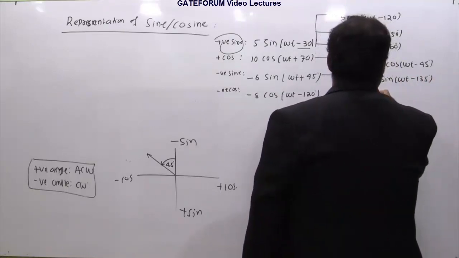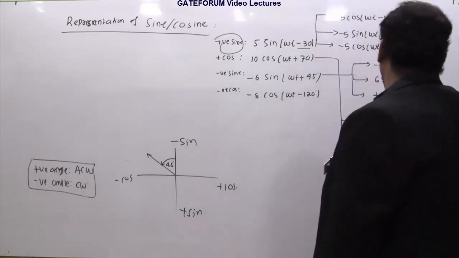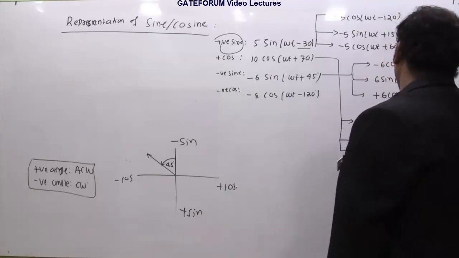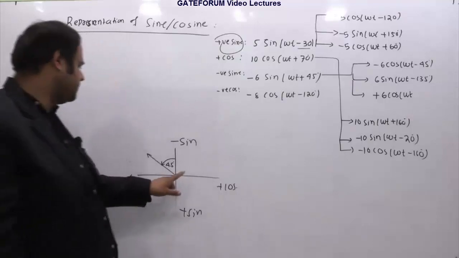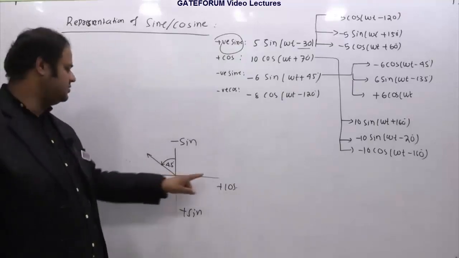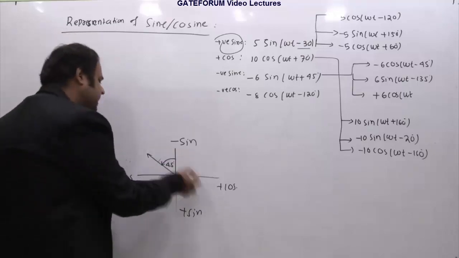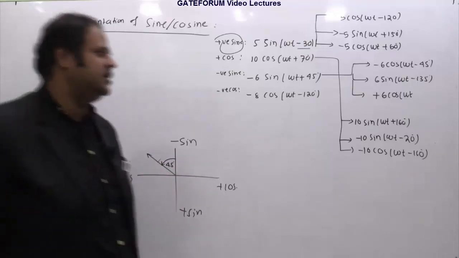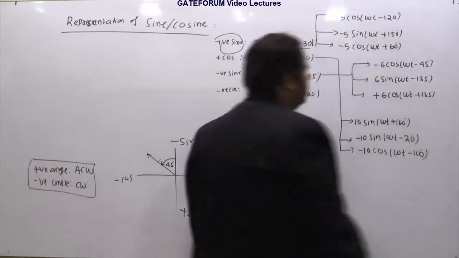And then if I want to write this in terms of what is left, positive cos, it will be plus 6 cos omega t. Now I should check the distance from positive cos. From positive cos, if I go this way, it is more than 180, so I should go this way. So it is 90 and this is 45, 135, but this movement is anti-clockwise. So you should take plus 135. So it is omega t plus 135 degrees.